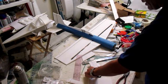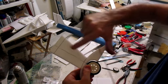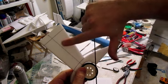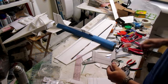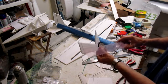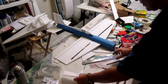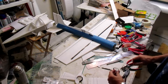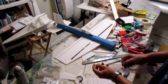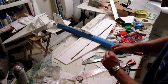I gauge out how long in distance I need from the wheel hole to the top here. The wheel hole to there. This is very important what I'm about to show you. I measure it out. I need 5 inches. So what I do is I take 5 inches of this wire. Go to the 5-inch mark, right? I go to the 5-inch mark and I